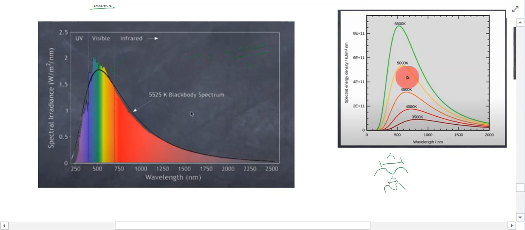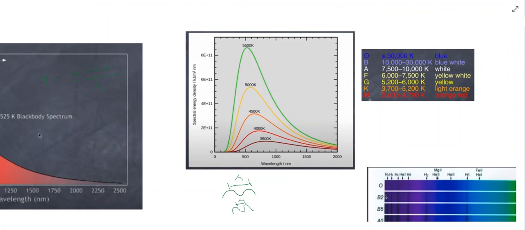And we can use this, by looking at what are known as blackbody spectrums, or ultimately by looking at the light that particular stars are giving off, to figure out the temperature of those stars. We can link them with a temperature using this formula. So this process of determining the temperature of stars by the light that's given off